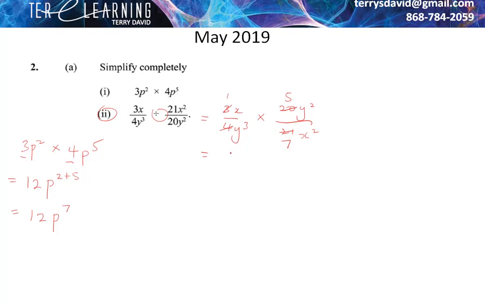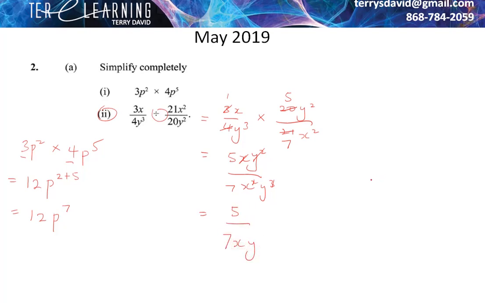So we have 5xy squared as a numerator, and then we have 7x squared y cubed. Now we can still simplify this further, because this x can go into x squared x times, and y squared can go into y cubed y times. So the final answer is going to be 5 over